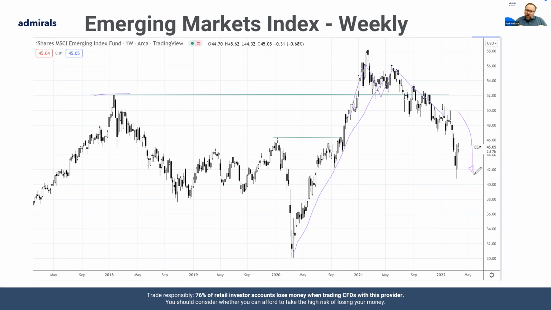So, by being able to look at the dollar index and the emerging markets index, you can very quickly get an idea of the position of the dollar. Is the dollar strong or is it weak? At this particular moment, the dollar index is strong. We can also see the emerging market index as being quite weak. That's just confirming and backing up the story, and all of that starts to help us build a picture of,